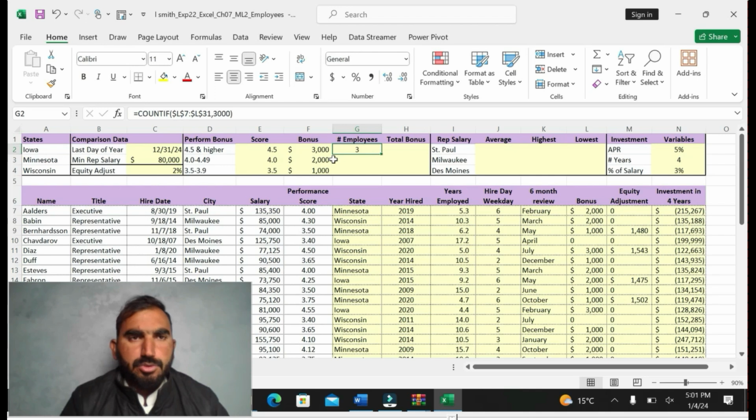You can see here this is EXP22 Excel chapter 7 ML2 employee. It's the 7th chapter of the MATLAB class for the Excel MATLAB mastering.